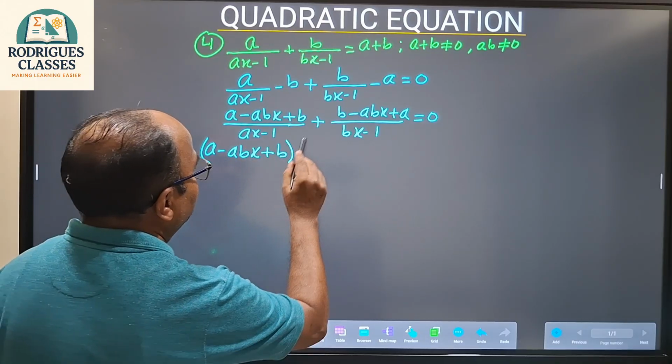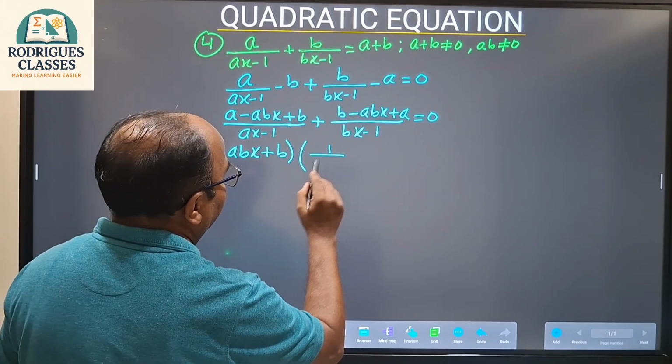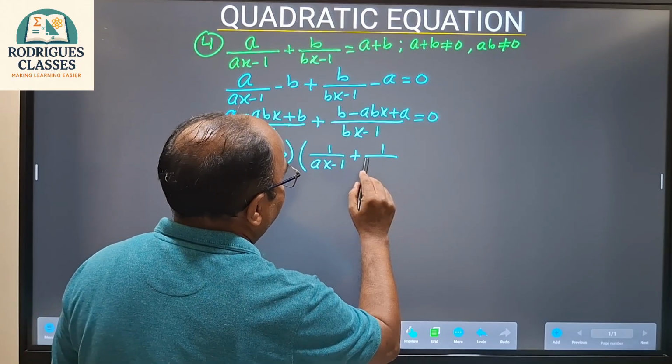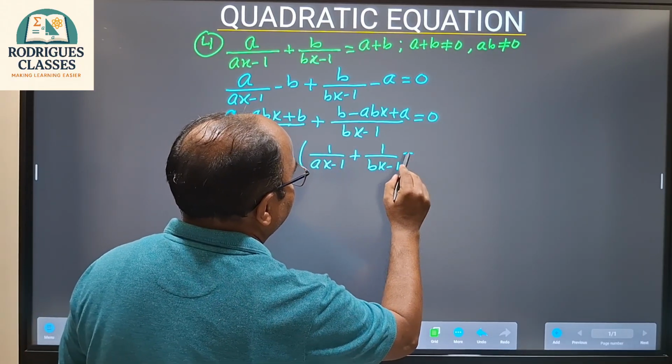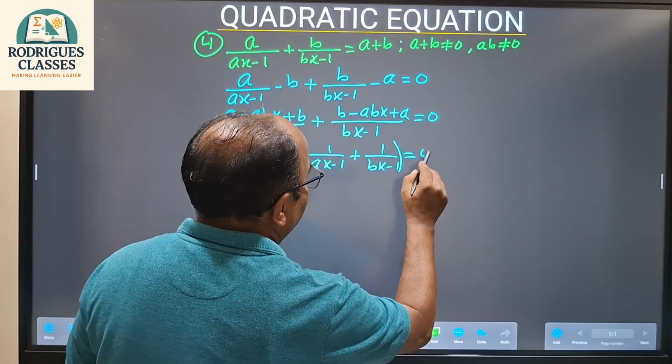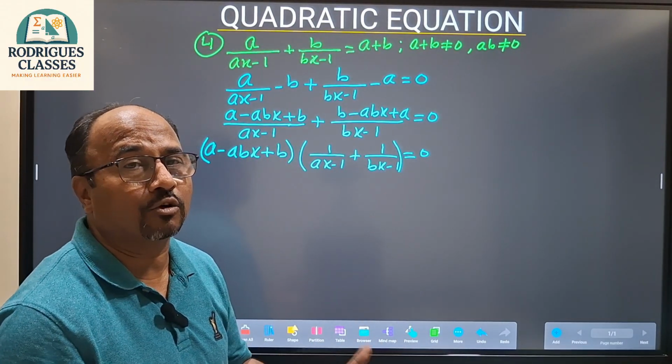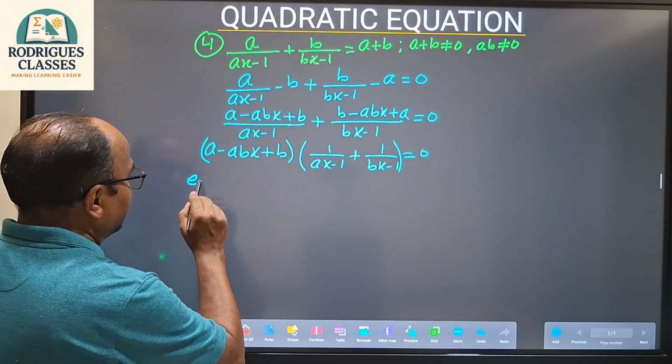This is taken common. So from the first part, we are left with 1 by ax minus 1. And from the second part, we are left with 1 by bx minus 1 equals to 0. So now we have got it factorized, so we can apply the zero product rule. And so we write here either